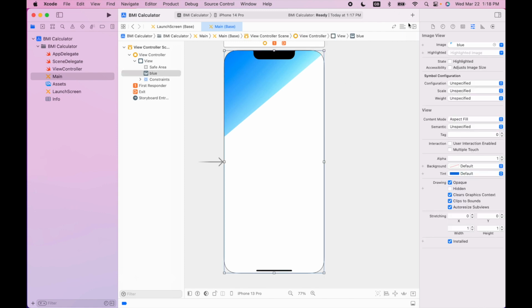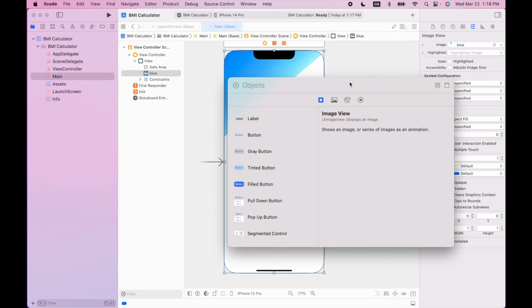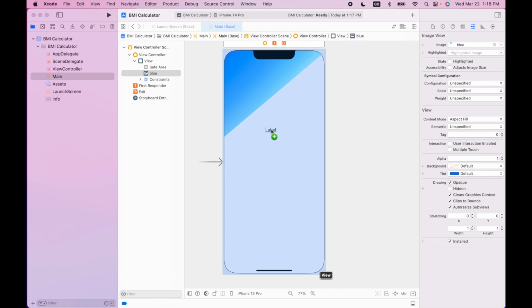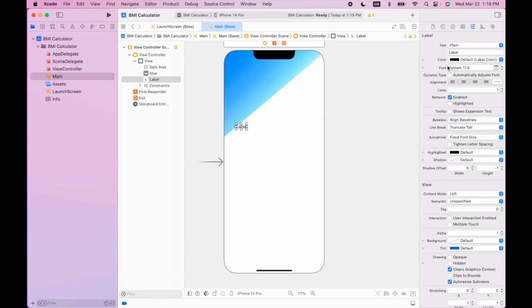What we need now is to import the labels and the sliders from here. Apple already provides us some views, so we can take benefit of that. So we're gonna import the view, import the label, and Apple gives you this line. This is the middle line. It lets you know you're in the middle. So we're gonna drag and drop over here, and we're gonna name this label BMI Calculator,